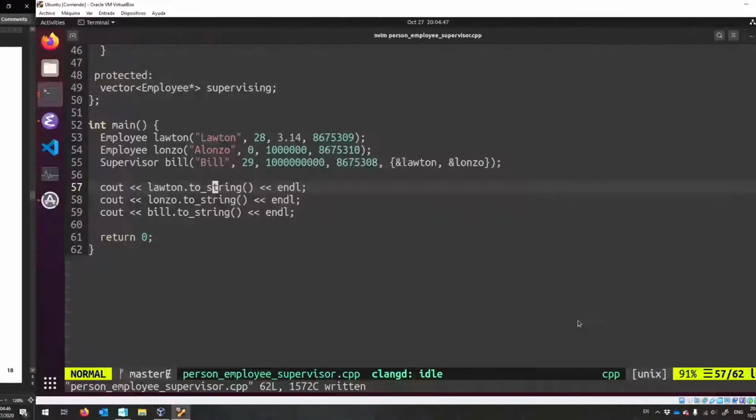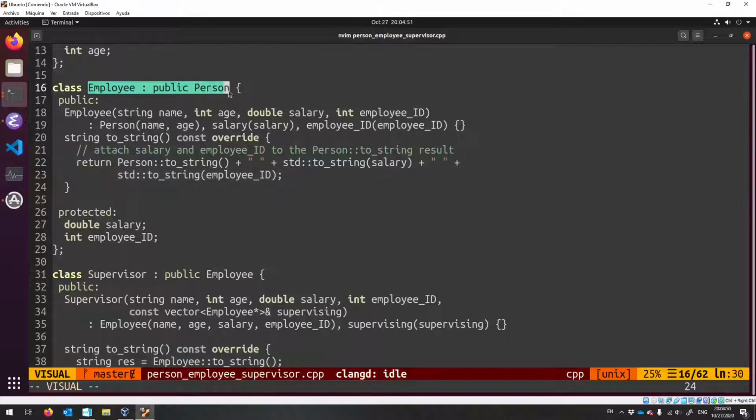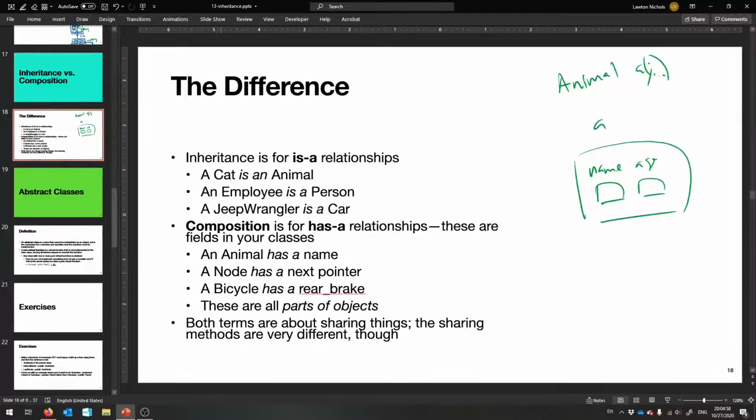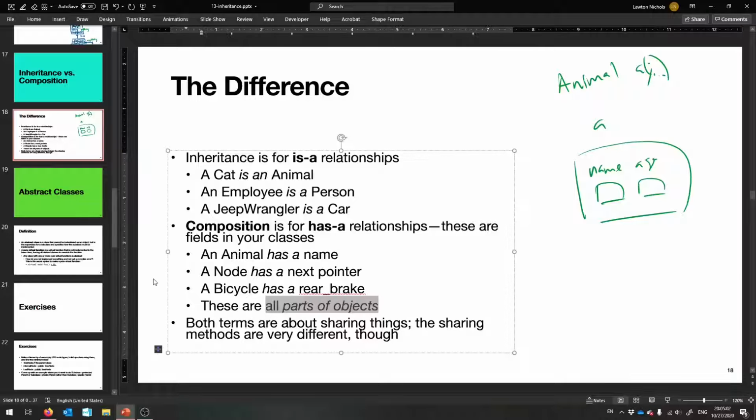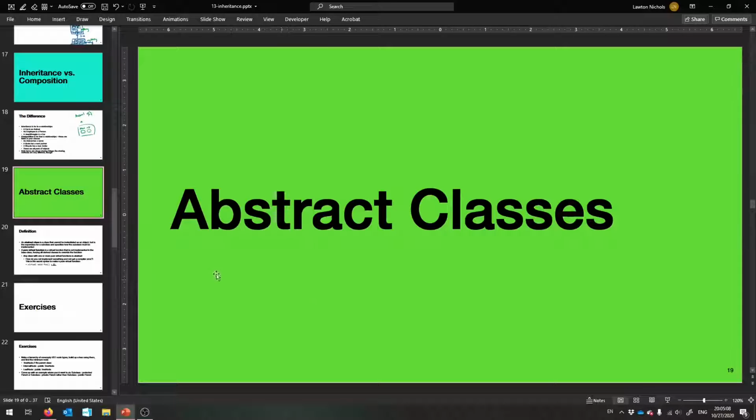Okay, so an employee is a person, but a salary is something that an employee has. So an employee has a salary. It's not an employee is a salary. Okay, so we're using composition when we're building up the internal parts of every class and its objects that are made from it. Okay, so the final thing that I want to talk about, and then you're out of here,